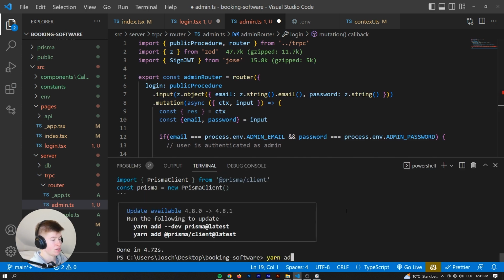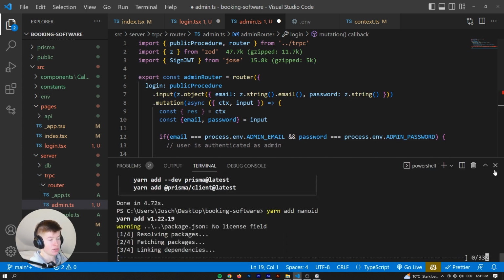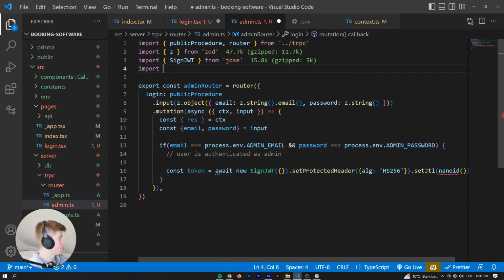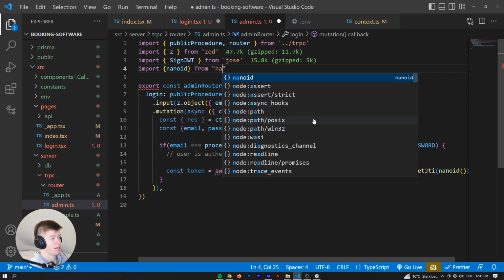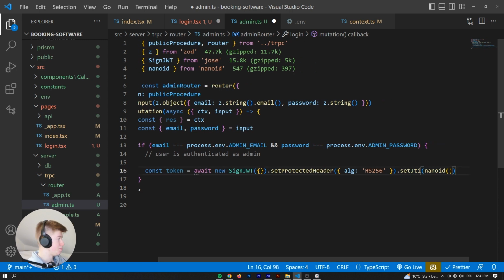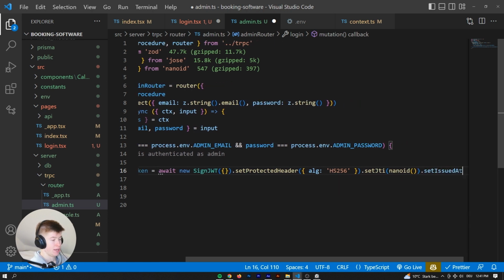Invoke that, and that is also a dependency that we haven't installed yet. And there we go. And then we can say import, is that a named import? Yes, it is. Nano ID from nano ID. All right. And then after we've set the JWT ID, we can say set issued at, which is going to